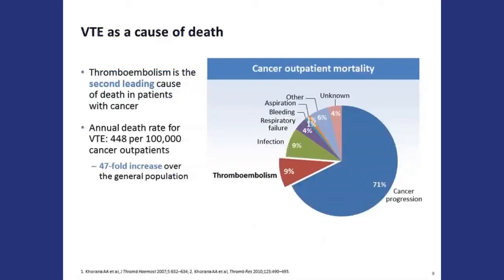So I think we probably have at least heard of these statistics, if not seen this almost exact picture from one of Dr. Khorana's papers, taking a look at what kills a cancer patient. And I think we are very comfortable knowing that cancer progression is the number one thing by far. But I think a lot of times we fail to impart onto our patients that venous thromboembolism is also very